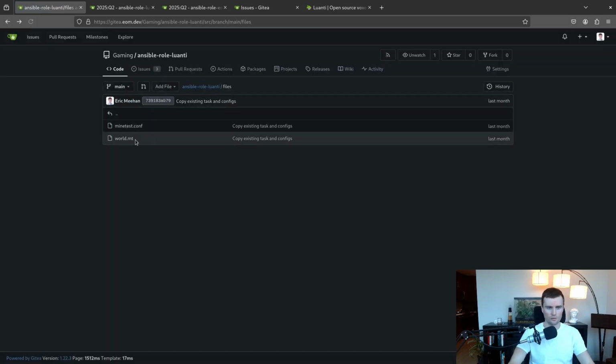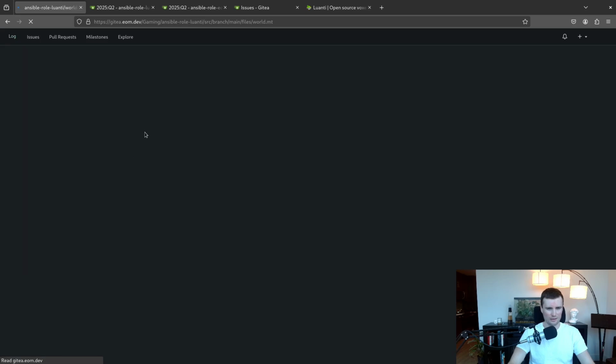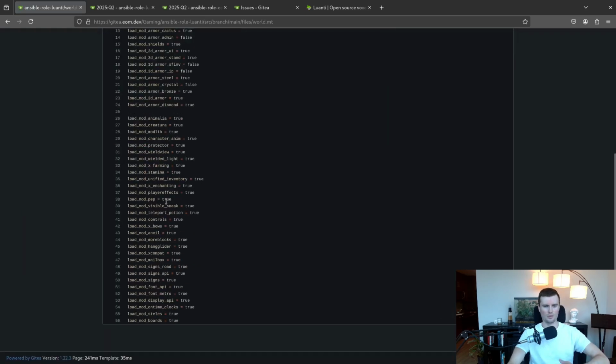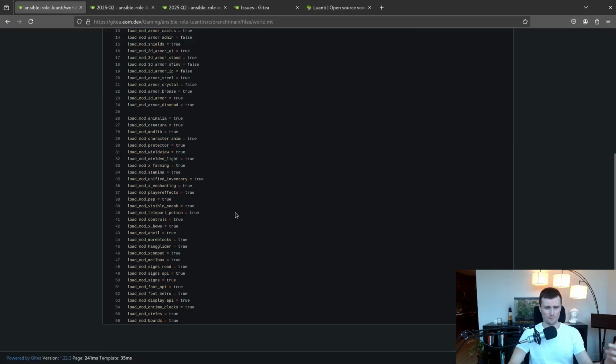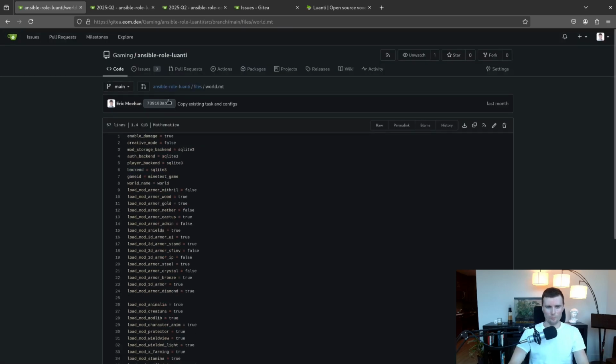And then this one, this world.mt, actually specifies the mods that are loaded and a few extra little variables up there. And this is what's really going to be changing from season to season. So my plan here is,